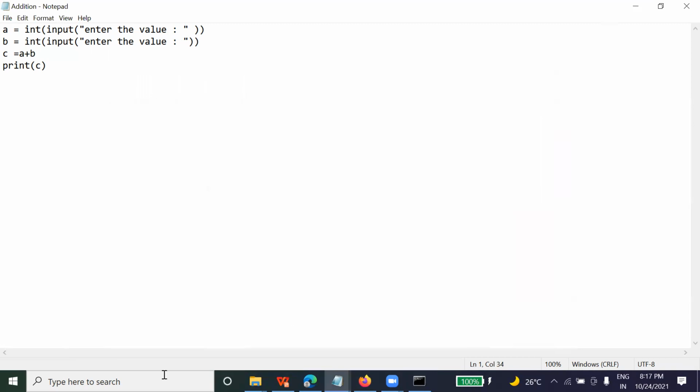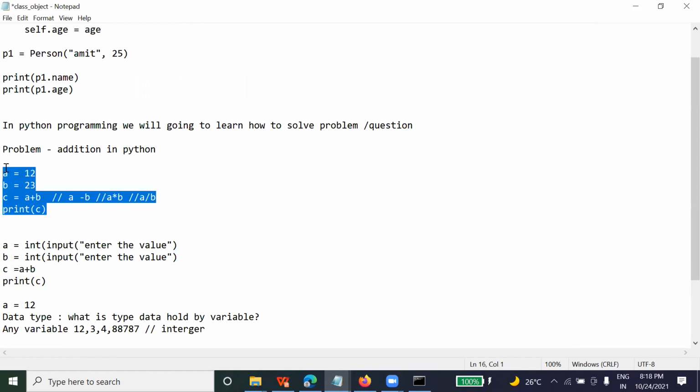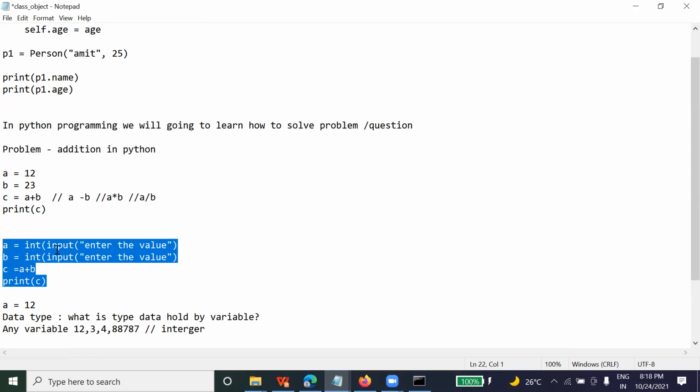But if I run the earlier program, I will always get only addition, subtraction, multiplication and division between these two values, right? It will give me 35, 11, 23 into 12, and the division. But with this program, every time you run it, you can work on different data.